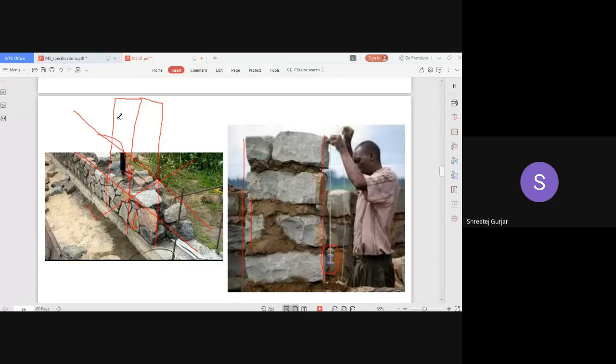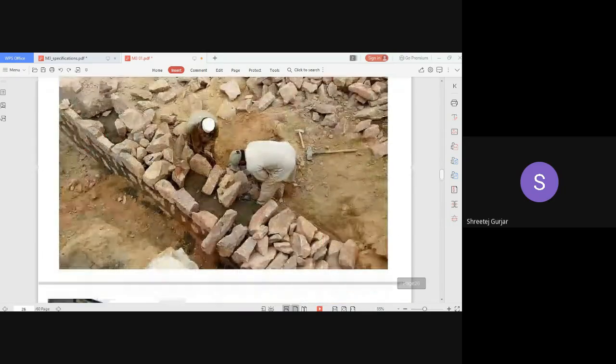Now we'll look into one specific thing regarding stone masonry, which is called hearting. This particular center portion here, this is your face, this is your other face. The center part which is filled with mortar and smaller stones is your hearting, right?